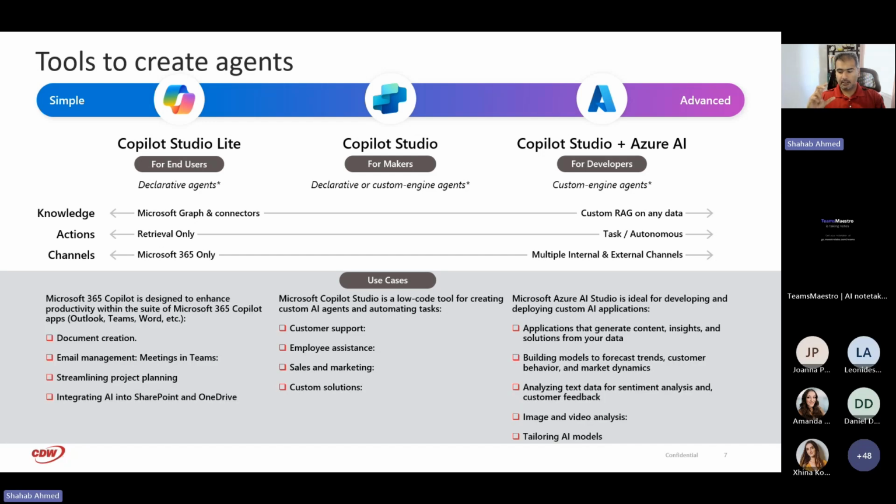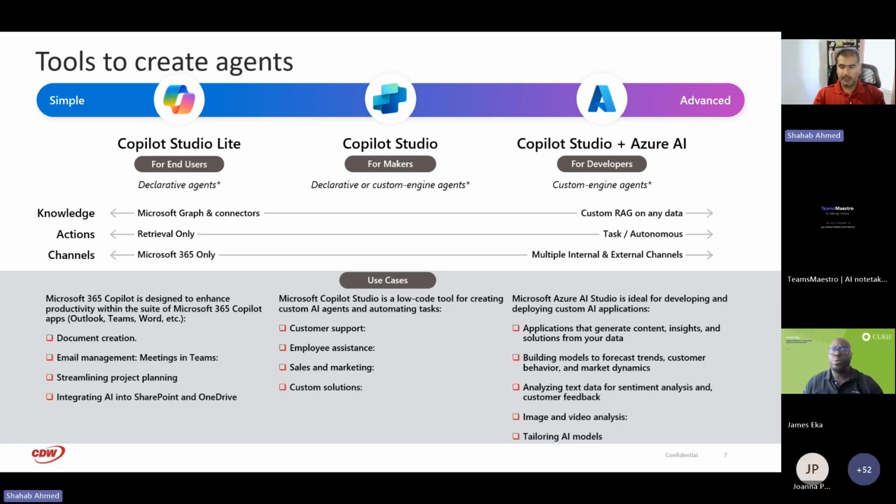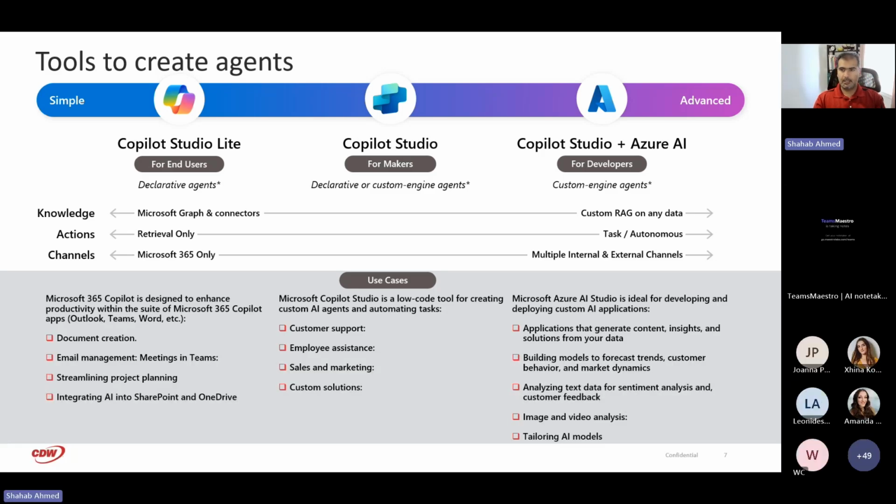and there's this element around figuring out what's a better fit. I will always say that I've had customers go the other way, and it takes a lot of time, a lot of effort and a lot of money. It is almost always better to go from left to right on my screen, right? So start from Copilot Studio Lite, which will take you literally 10 minutes, then go to Copilot Studio, which might take you a day.